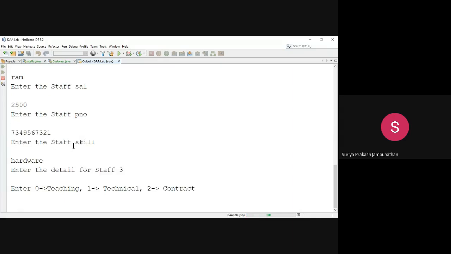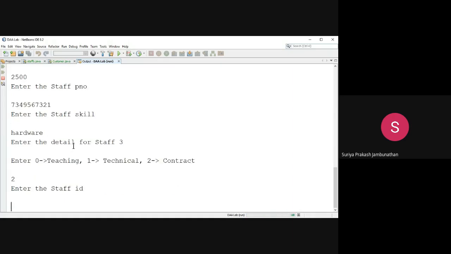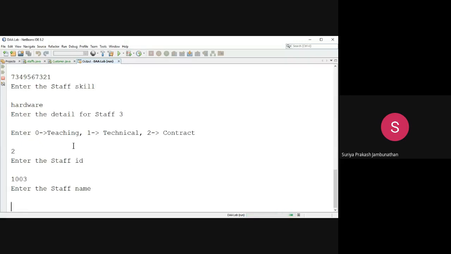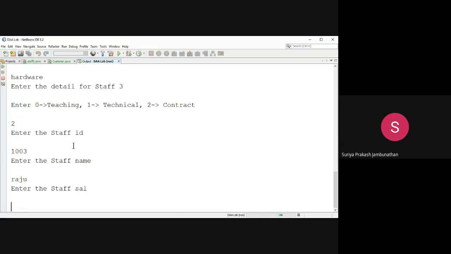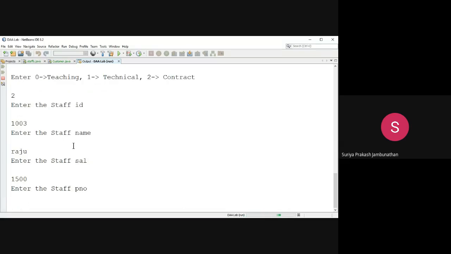For the third one, contract staff, I am giving the input like this. Staff ID I am giving as 1003, staff name as Raju, staff salary as 1500, and the staff phone number I am giving this.